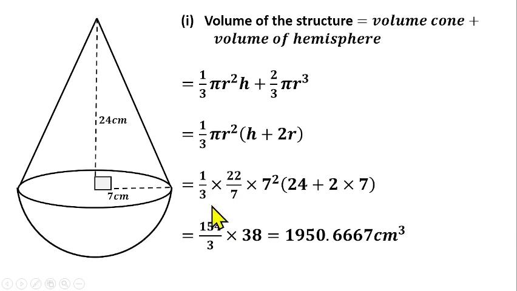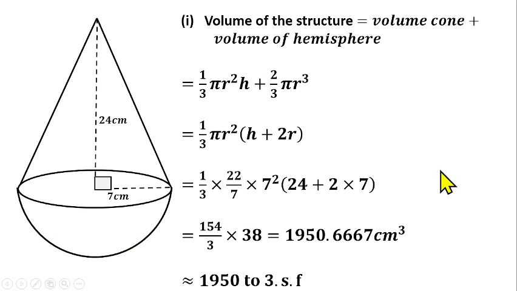Then 154 over 3 times, you have 2 times 7 here, that gives us 14 plus 24, that will give us 38. So if you simplify this one further, this times this divided by 3, that should give us 1050.667 centimeter cube. You have to approximate this to 3 significant figure, and that should give us 1050 to 3 significant figure. So this is the volume of this structure, which is made up of a cone and